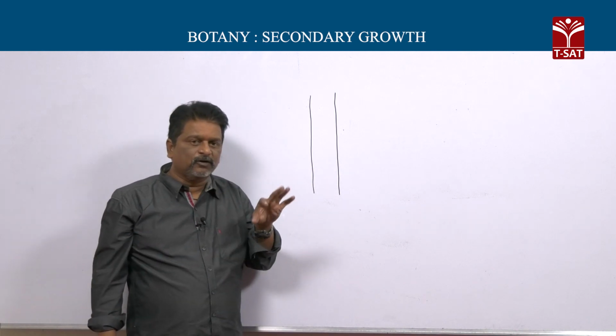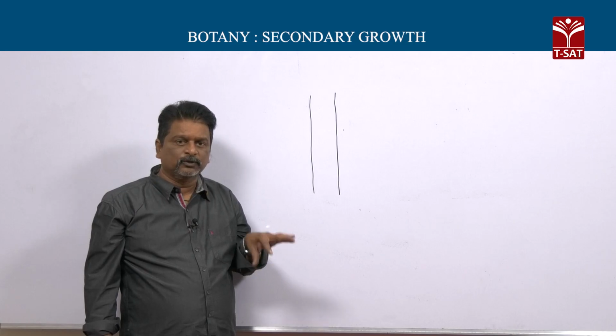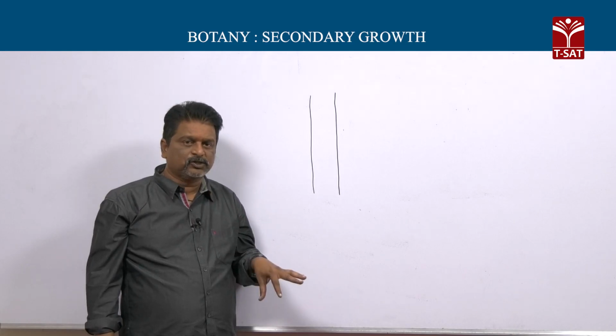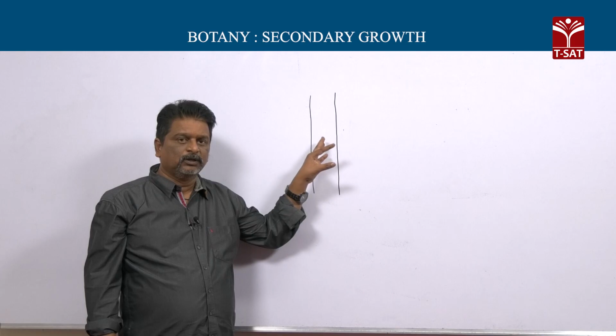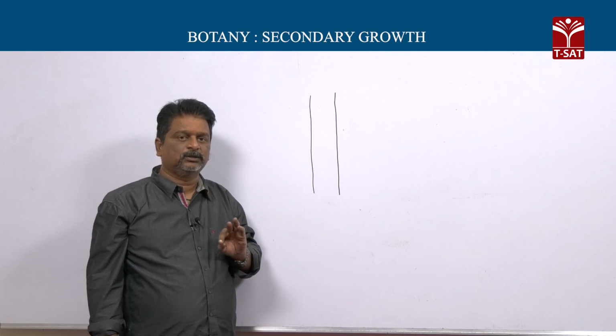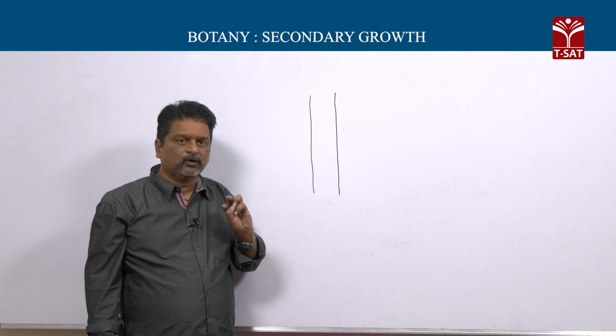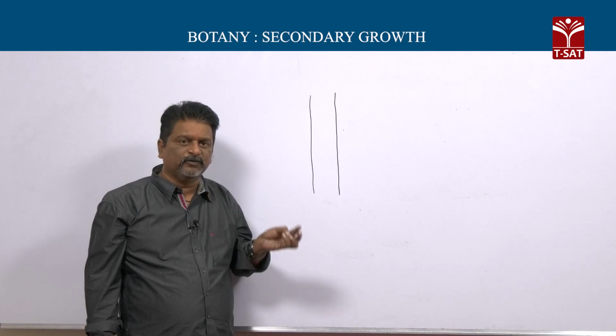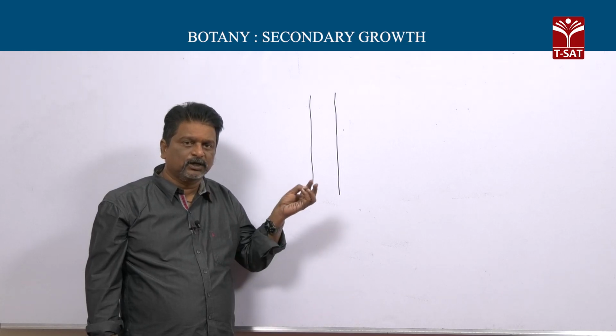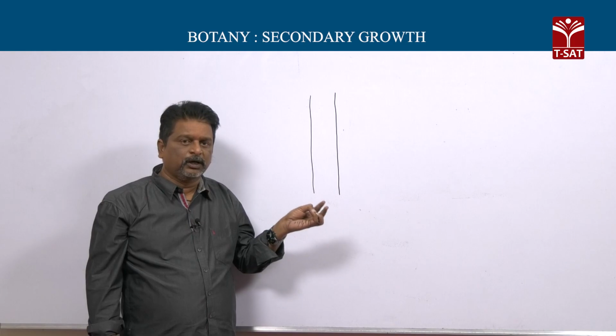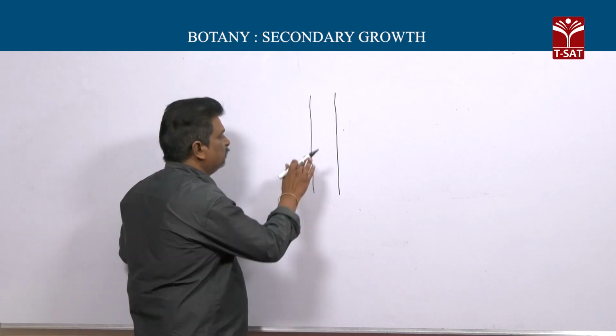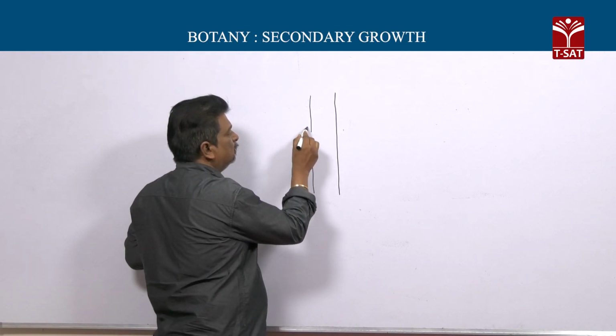Due to deposition of all these compounds, the wood is dark in color. Generally it loses its main function, that is conduction, and particularly the vessels of this wood are blocked